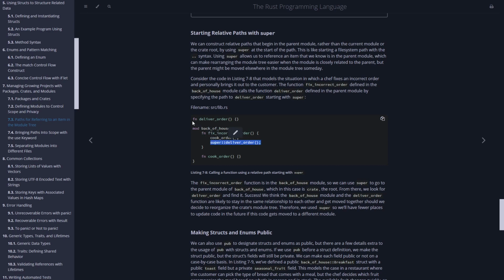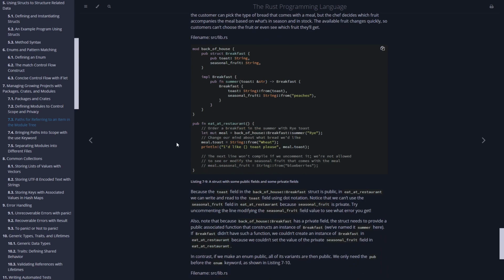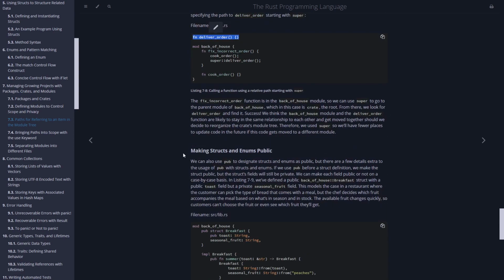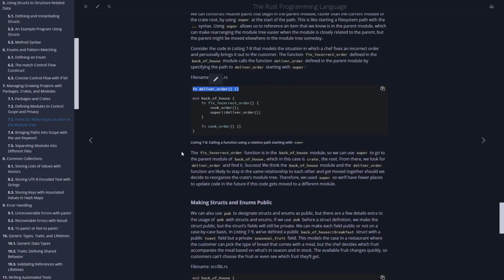Super, and then put super here. Fix incorrect order. Cook order. Deliver order. Anyway,